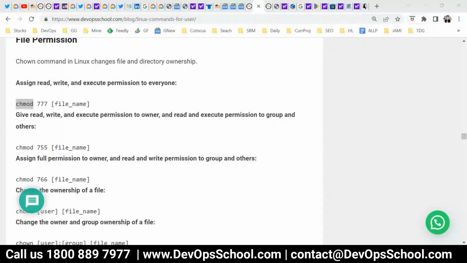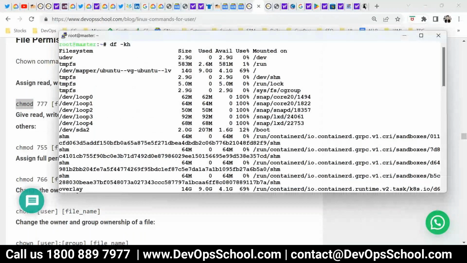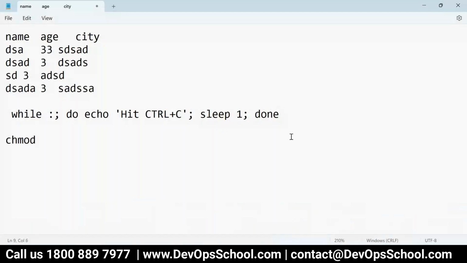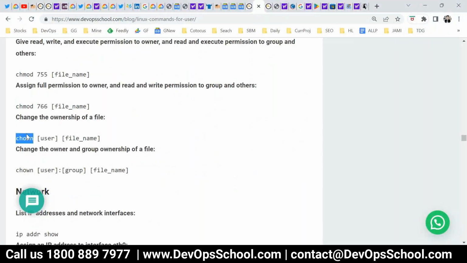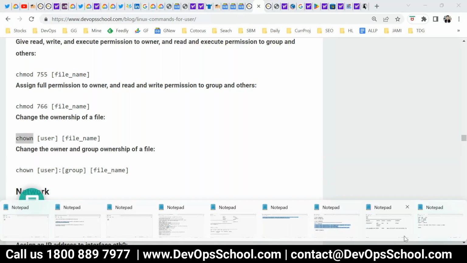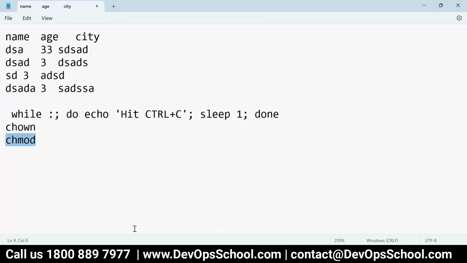Okay, so now chmod is important. I don't know how many of you have understood, but chmod is about giving permissions. I have a few tutorials for this also. If you search for it, you'll get it.